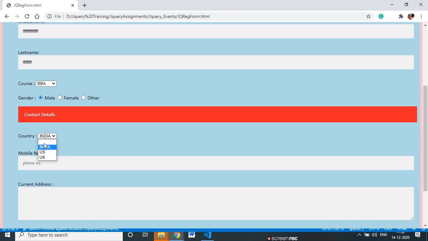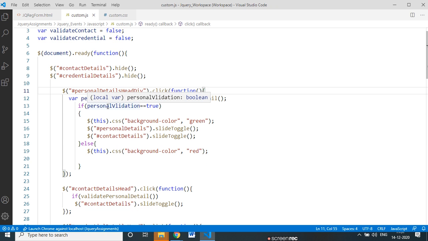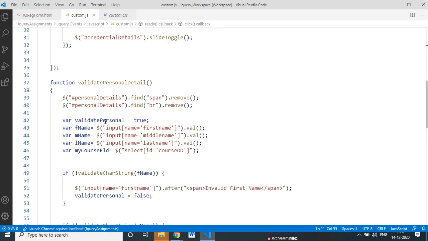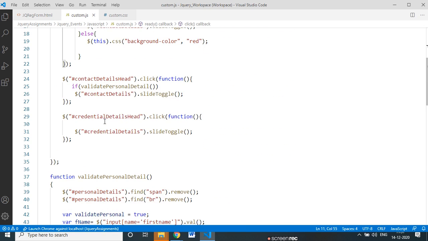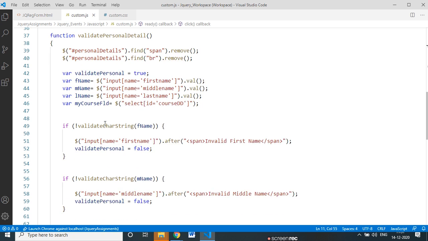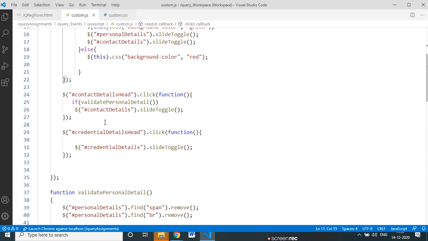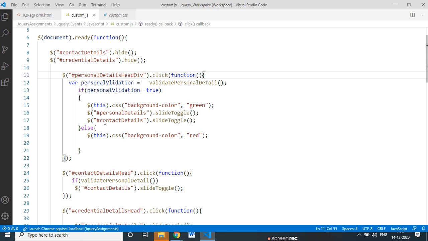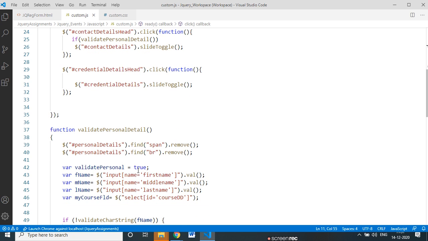You know the event for this drop down is change, and the same event we have used for the course here. So I will go there and check what event I have used earlier for the course. So I go back and check the event which I have used for the course to capture the value. Okay, there is nothing written for that. Okay, so what I do, I will copy any function, and I'll write my code here. I just copy this,